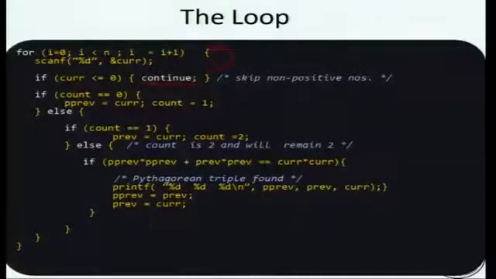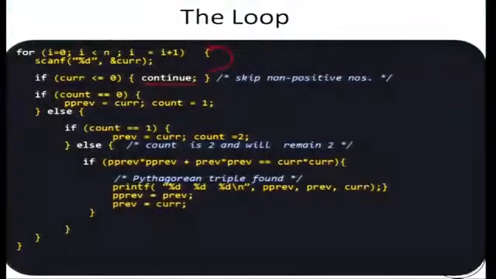This is because in order to identify a triple, you need at least 3 numbers. Okay, so previous to previous and previous should already be set to some positive values in the input. This is why we initially said that we need at least 2 inputs. Okay, so we will go back to the loop if count equal to 1. Otherwise, let's say that count is at least 2, so it is 2 or more.